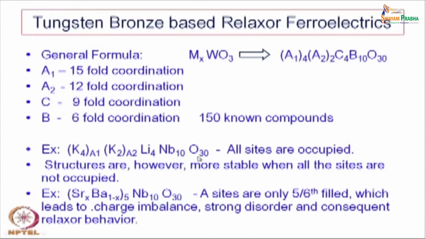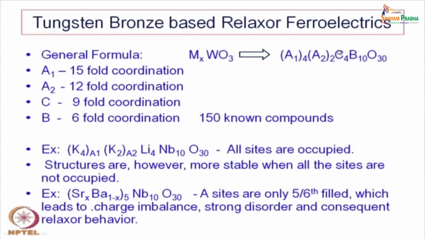Well, the third group is the tungsten bronze based relaxor ferroelectrics. The general formula here is a slightly complicated, different kind of formula: A1 4, A2 2, C 4, B 10 and O 30. There are many different compounds known, about 150 different compounds in this group,